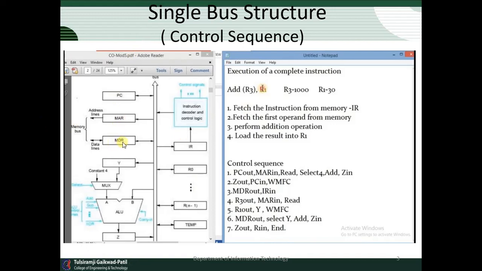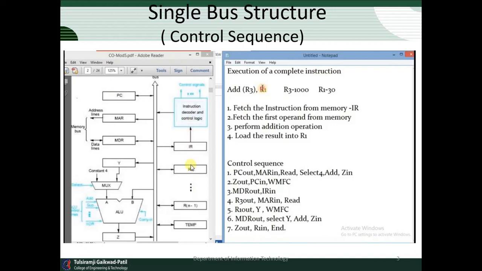Then a copy of the instruction or data is stored in the instruction register. Now here we find the instruction decoder and control logic. The function of the instruction decoder and control logic is to generate the control sequence for the given instruction.